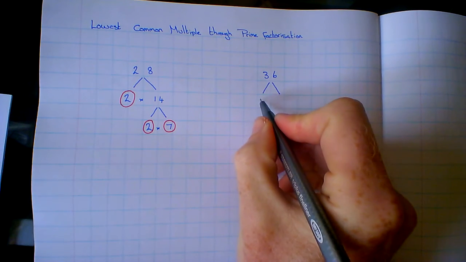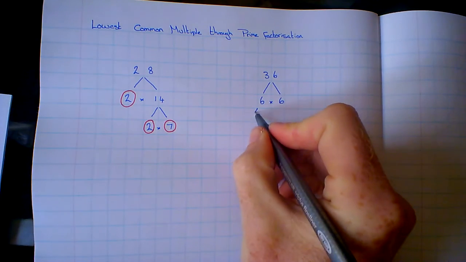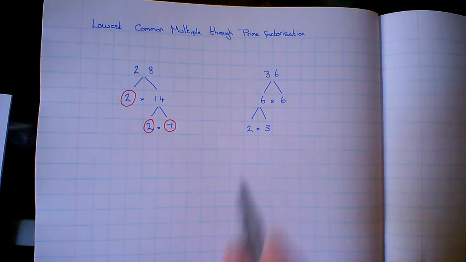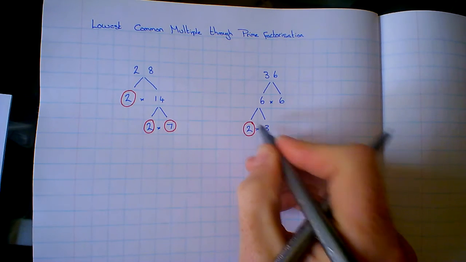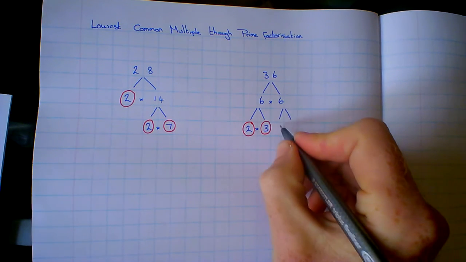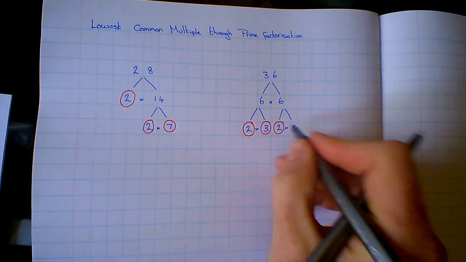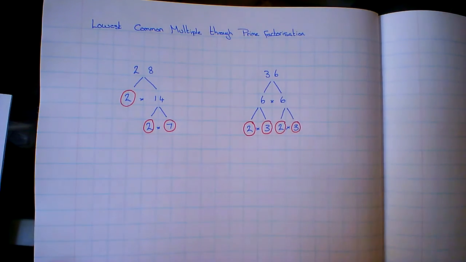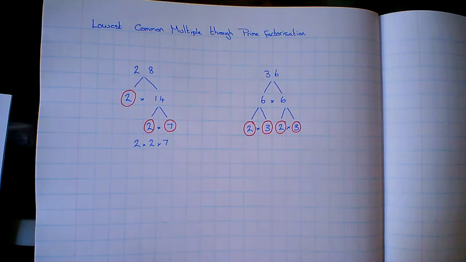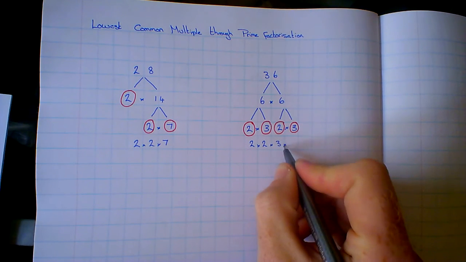Okay, 36, which is 6 times 6, neither are prime, so let's start with that first 6. That's going to be 2 times 3. Both of those numbers are prime. And then the other 6 is 2 times 3 again. Both of those are prime. So 28 would be 2 times 2 times 7, and 36 would be 2 times 2 times 3